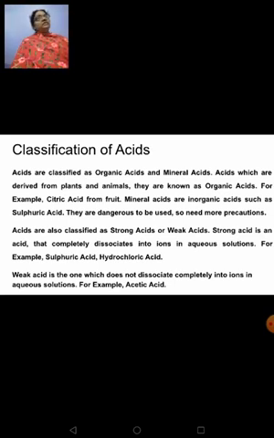Okay. Now, acids can also be classified as strong acids and weak acids. When it is a strong acid, it completely dissociates into ions. When we were doing this lesson, we had learnt about the formation of hydronium ion. You remember? H3O+, right? So, it completely dissociates into ions. For example, sulfuric acid and hydrochloric acid are all strong acids. Whereas weak acids do not dissociate completely into ions. For example, all your organic acids, acetic acid, citric acid, those things which are obtained from plants, right?